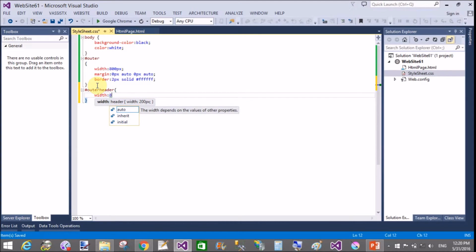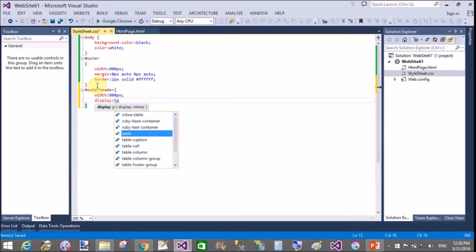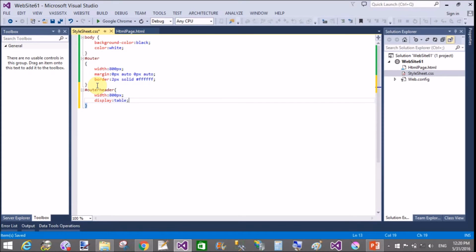Also set the width of the outer header the same as outer, that is 800 pixels, and the display as table.